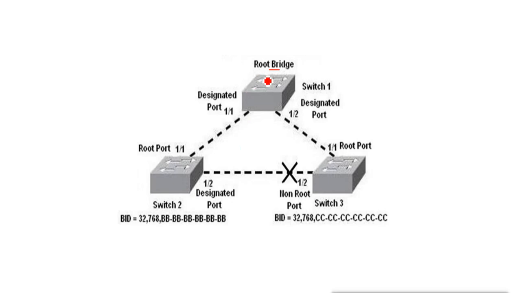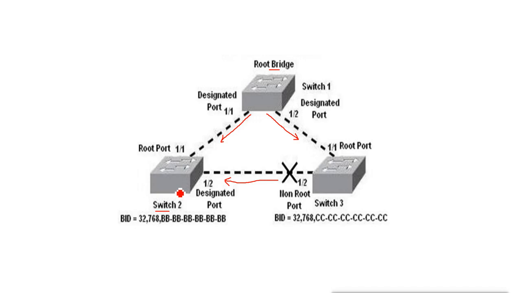Now this root bridge sends the BPDUs to all its ports. All the ports of the root bridge will always be active, and it will send the BPDUs from all its ports. So it is sending the BPDU from this port also, and it is sending the BPDU from this port also. Now switch 2 will get the BPDU from this side, and also from this side. That means it will get it from here, and then it will come from switch 3, and then it will come from switch 2 also.